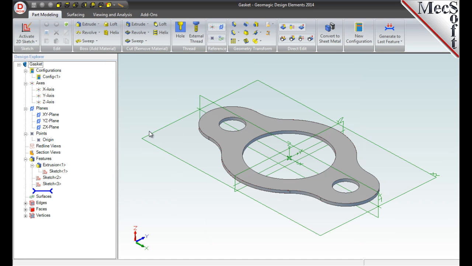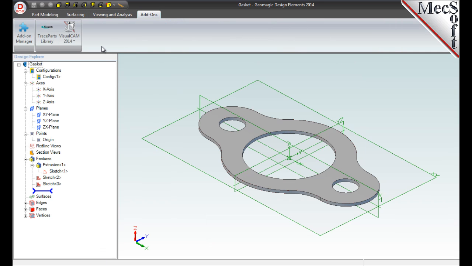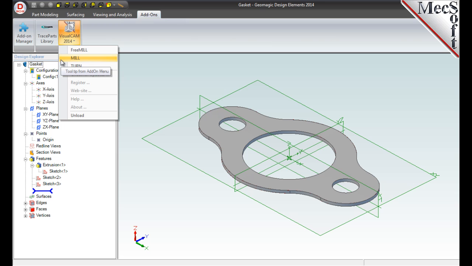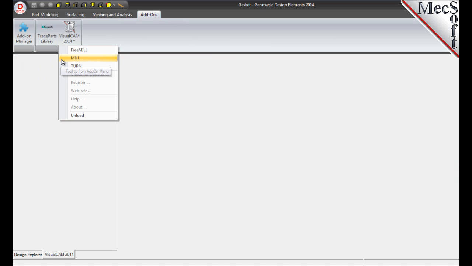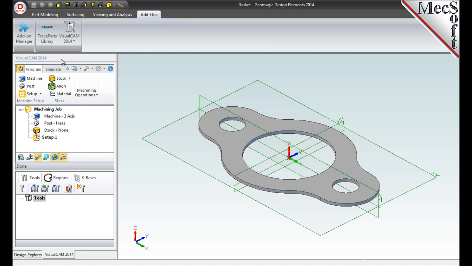To launch the mill module, select the Add-ons tab in the ribbon bar. You should observe an entry called VisualCAM 2014 in the ribbon bar. Selecting this button will bring up a drop-down menu from which one of the three machining modules can be chosen. Select the mill entry, and this will create the VisualCAM 2014 dialog bar as a separate tab next to the